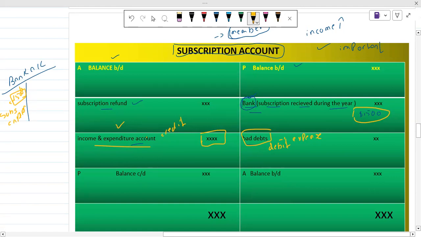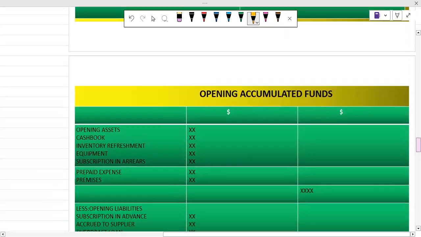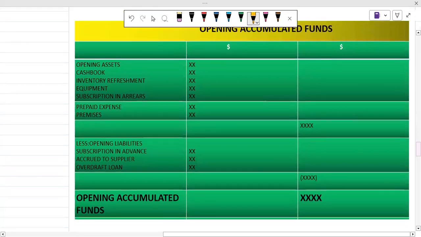So it means that we are just closing our subscription account. That is why we are going to nil our account, and that is why we are debiting this at the end of the year. Okay. So after that, now we are going to discuss the